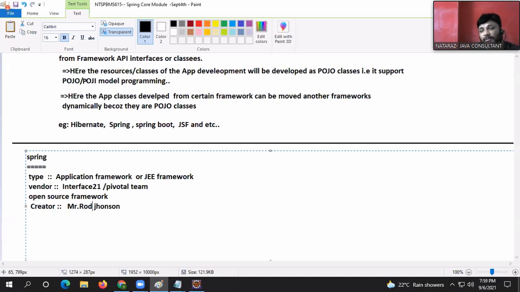With that frustration, he came out and wrote a book, J2EE without EJB. He's saying use J2EE, but don't use EJB. No one cared about his idea. Everyone thought he had written this book out of frustration. Since no one cared about his thought, he decided to create a non-invasive framework where a programmer can develop all his classes and interfaces as POJO classes and POJIs,